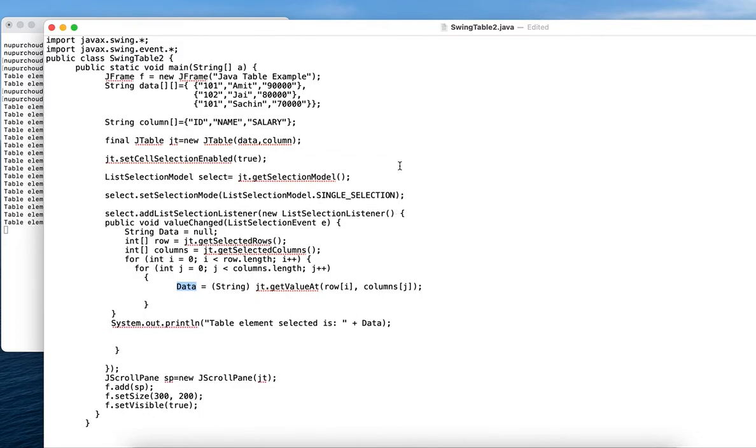So this is the Swing table example, in which we have used different methods in order to select the cell for retrieving the values.